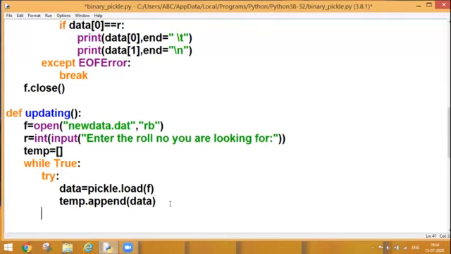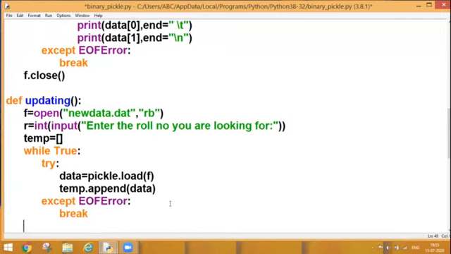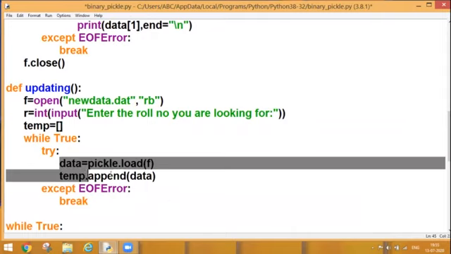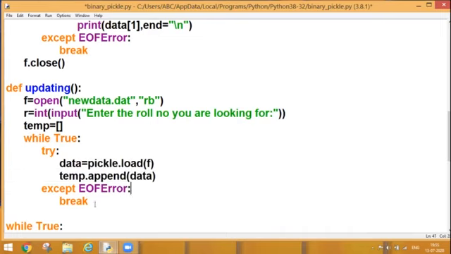And after that, I'll be writing except EOFError, and I'm breaking my loop. What does it mean? Till the time data is present over there, the loop will run and the data will be transferred to the temporary list. And once the data gets finished, then we will come out from the loop.